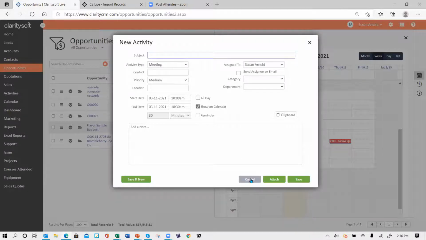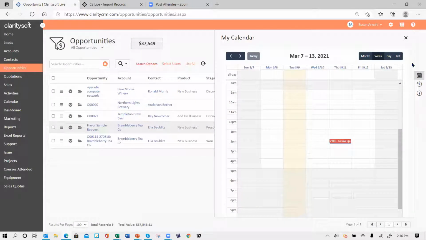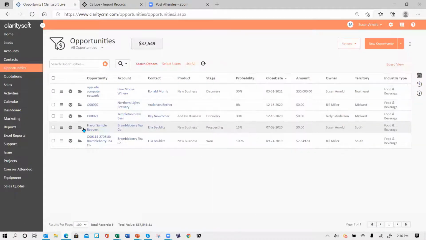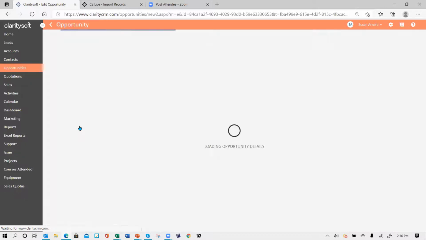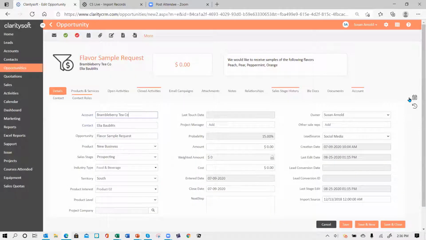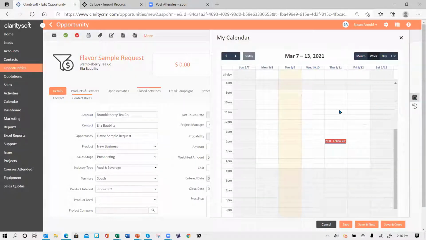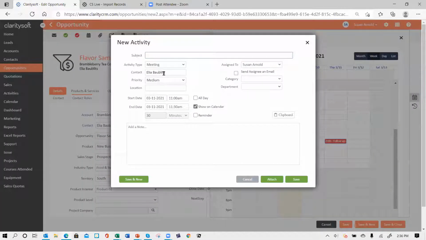So you might say, well, wait a minute, hold on. If I open this and then pop the calendar, notice the contact person is in there. So you may want to pay attention to that because then you don't miss getting the right person. So I'll keep this one a meeting,